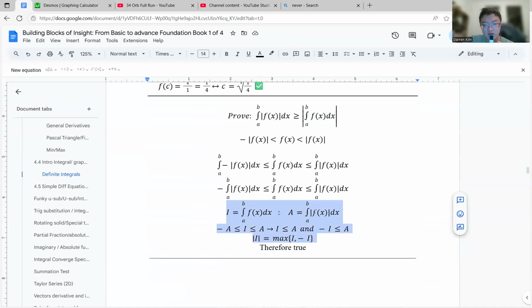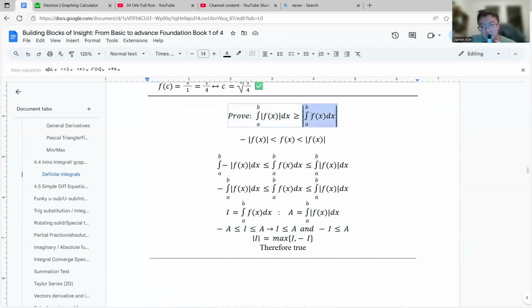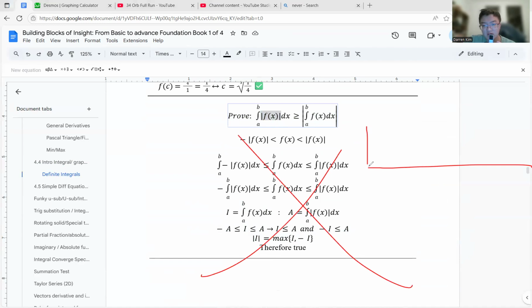But I haven't done any questions on it because it's kind of obvious. Clearly, if you think about it, the absolute value of the integral is less than or equal to the integral of the absolute value, because this is inside the integral. If you think about it for 3 seconds, you don't even need to look at this proof that I made, even though it looks good. Think about the absolute value inside the integral. It would be like that, right?